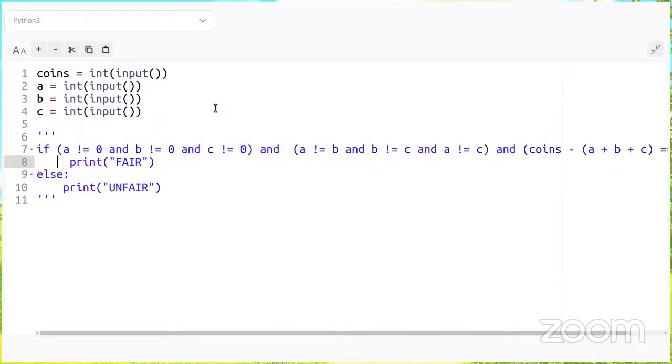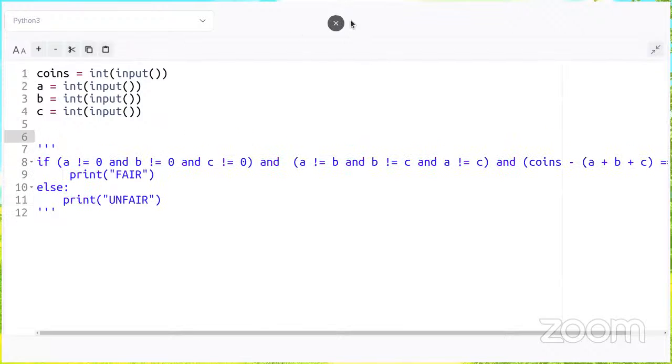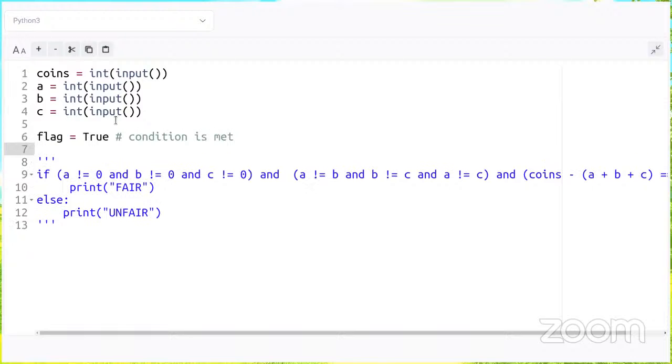Since we have come this far, I'll present one more approach which you can follow, which I don't know if it will work now, given that we are so late into the session, but let's just try it. I define something called a flag. What this flag is going to do is assume that the condition is met. Flag equal to true means the condition is met. Now I look at all the possibilities of breaking this condition. So let me copy this piece of code.